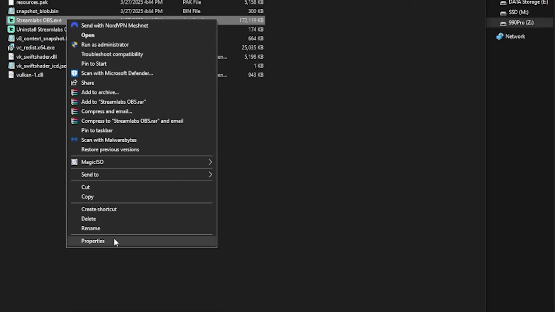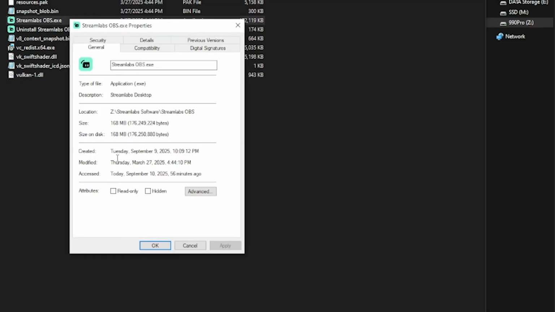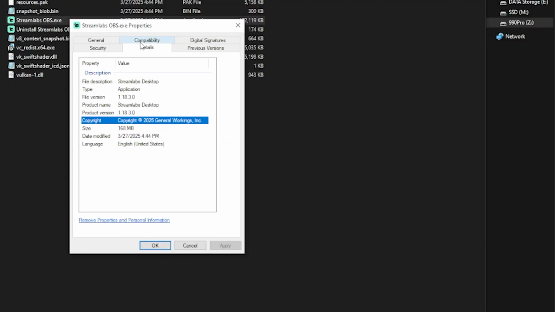properties, okay? I went into details, and what you need to do is remove properties and personal information. I don't exactly understand why this fixed it. The only thing I can think of is the software doesn't see what version it is, but it worked. Okay, so then Streamlabs launched, and keep in mind, I was on version